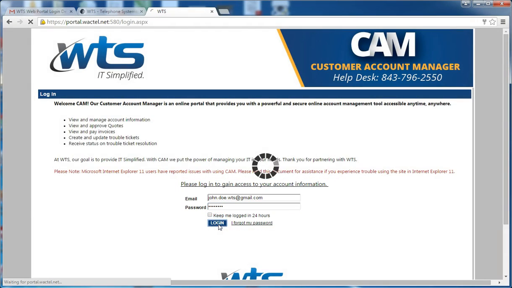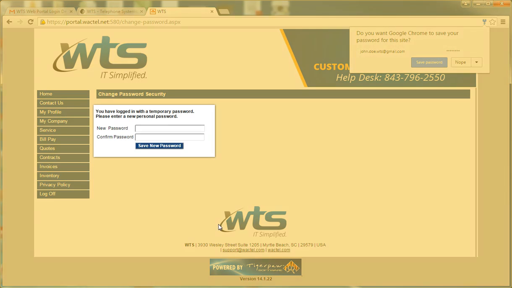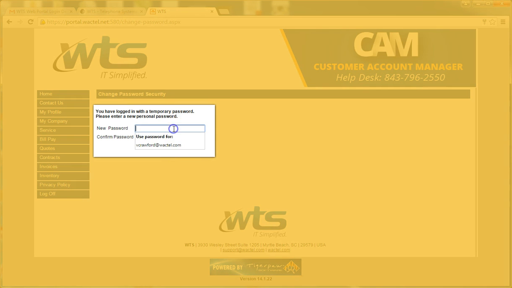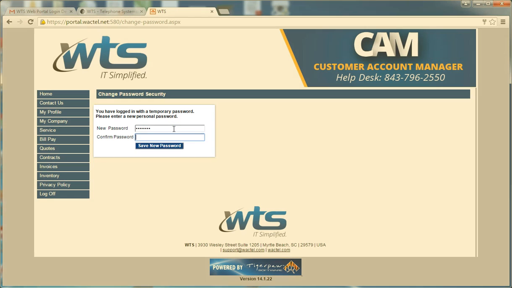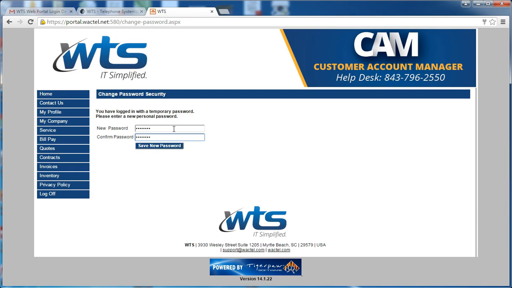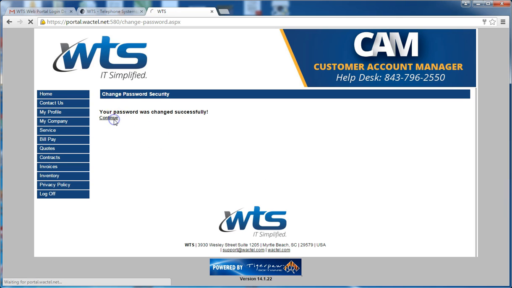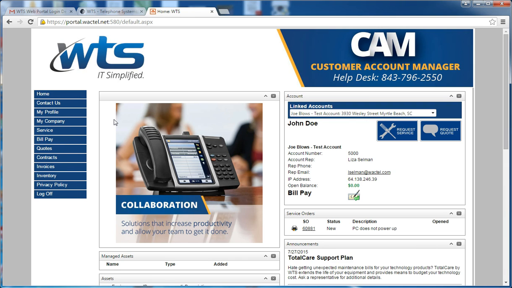It's going to take us to a screen that's going to allow us to change our password. And so we're going to go ahead and do that and put a permanent password in there. And again, if you forget this password, you can always request the system to email you. And so password has been changed successfully. I'm going to continue,